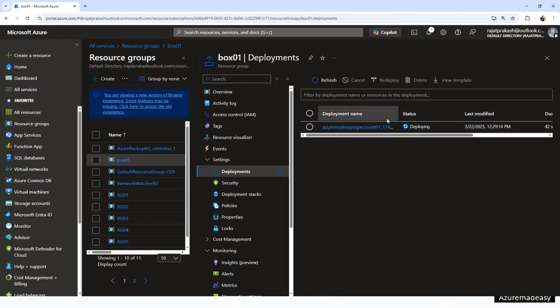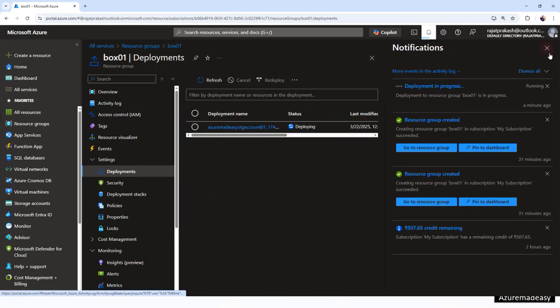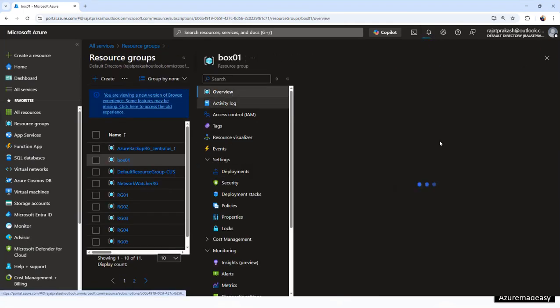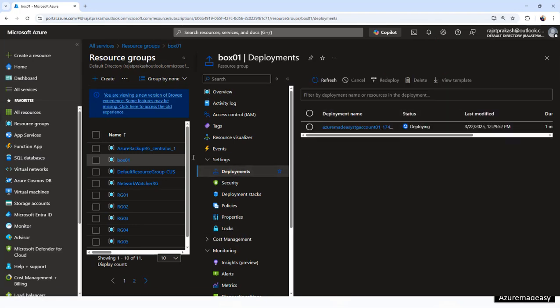Here you can see it is deploying. Refresh. Whatever resources you are creating, if you want to fetch your deployments from the resource group level, you can see them here under the Deployments tab. Guys, clear? Just refresh it. It will take some time, and your resource is ready. We'll wait for some more time. Under the deployment, it will show you like this. So this is how we have created